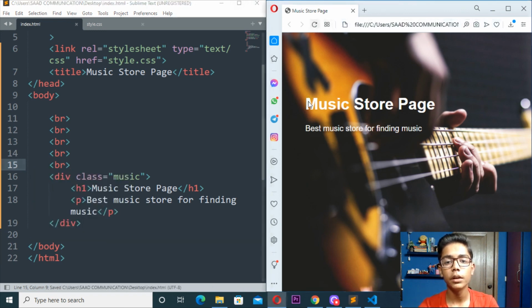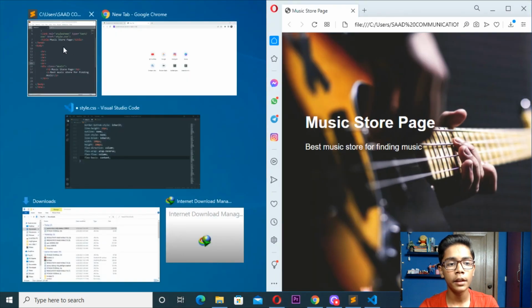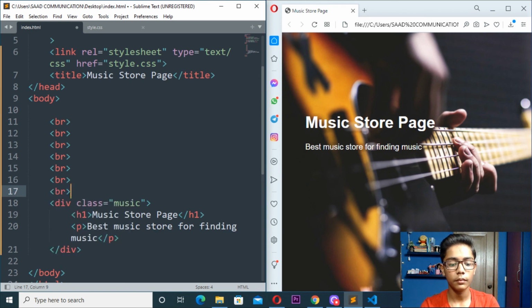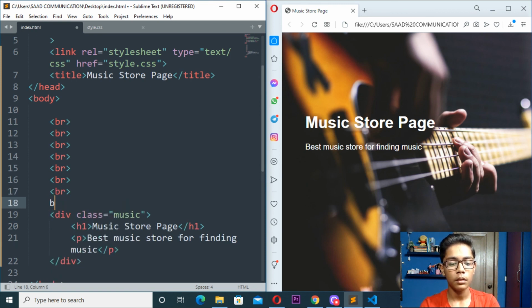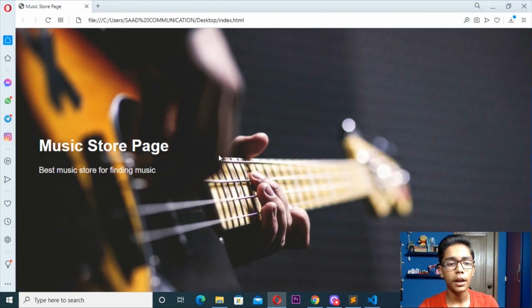Save here and reload. You can see we are getting this br tag and we are getting it here. So I'll do one more thing, and do that again. Save and reload, and you can see we are now getting it lower down and it is looking good. So like that you can make your own music store page. So you can see, successfully